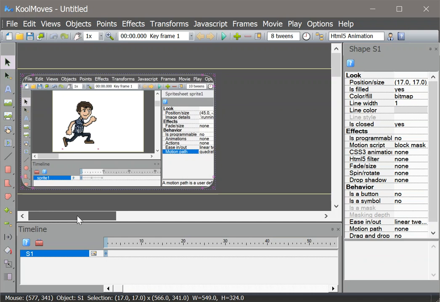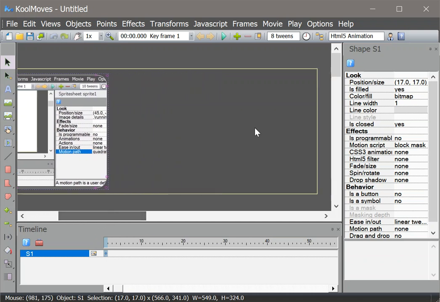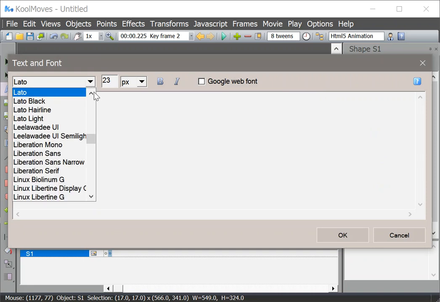All 5 scenes have text on the right hand side which comes from off stage to on stage and fades in doing so. So I'm going to add text, but first I want to start that text in the second keyframe. So I'm just going to duplicate the first keyframe. I'm starting it off stage